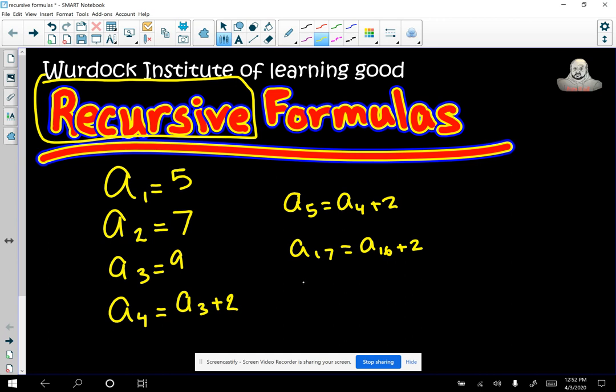Anyway, we could extend this pattern. The 100th term would be the 99th term plus 2. I could also, if I were going to extend this list, stop at some point and say, what about the nth term of a sequence? This is what we do. We count up, starting at 1 up to the number, and the big question here is what term comes before the nth term? And I know some of you who've mastered the alphabet are thinking the mth term,